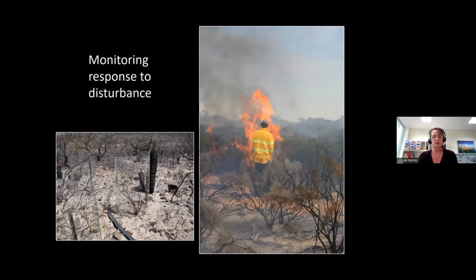A different aspect to monitor is how resilient these new translocations are to disturbances. This resilience is important if these new translocations are to persist. So we have monitored the response to one of the major disturbances, which is fire. In some cases the fire is planned, as in the photo on the right, but more often a wildfire occurs, as in the example on the left.